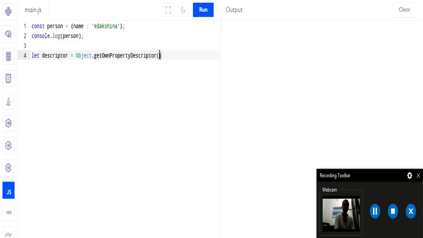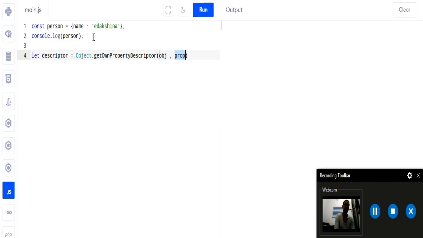Okay, so this is our Object class method getOwnPropertyDescriptor. With the help of this we can see the rest of our attributes, and it takes two parameters. One is obj, which means object, so here we will pass person. Another parameter is prop, which means a property or any symbol for which we want to see the property descriptor. So in place of prop we will pass name.